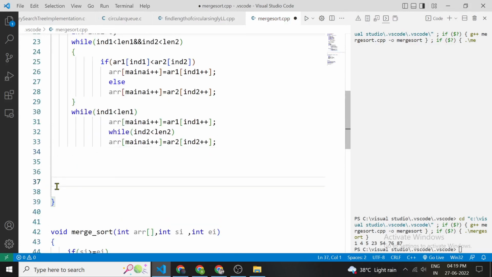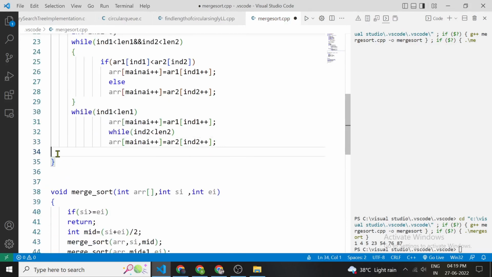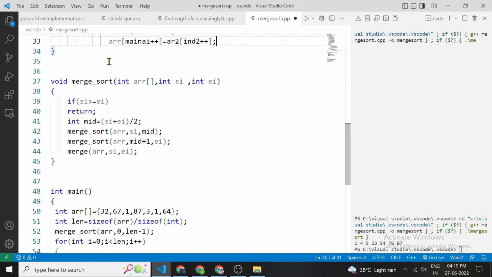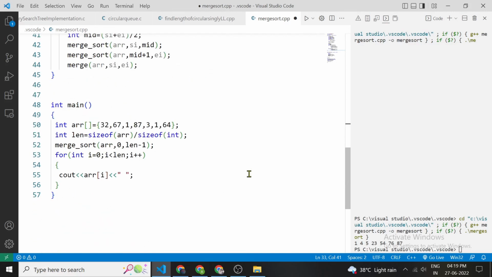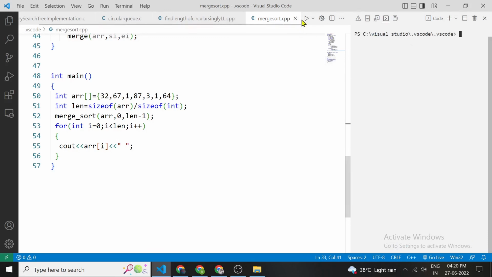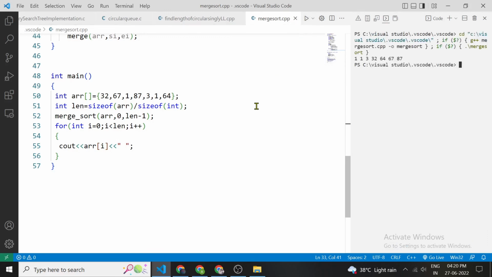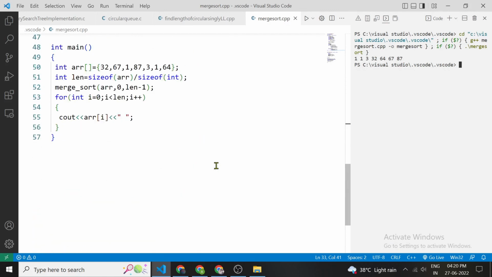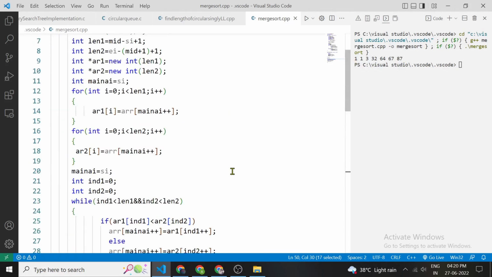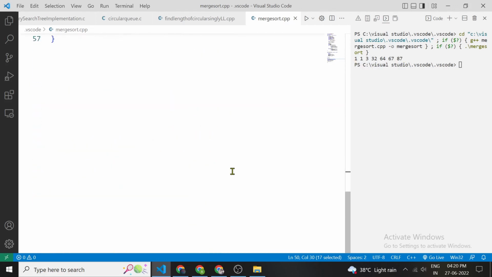Now as we have successfully created our merge function, it's completed, merge function and merge sort function are also completed. Now we are going to see the output of our program. Let's try to run it after clearing the terminal. So as we have taken this input array, it's showing output as a sorted array. So our given array is sorted by this merge sort program. Hope you understand the